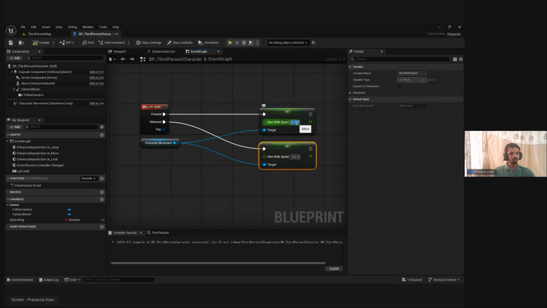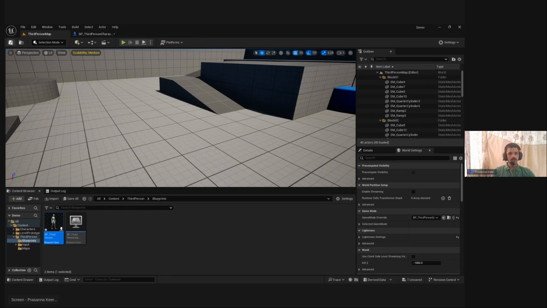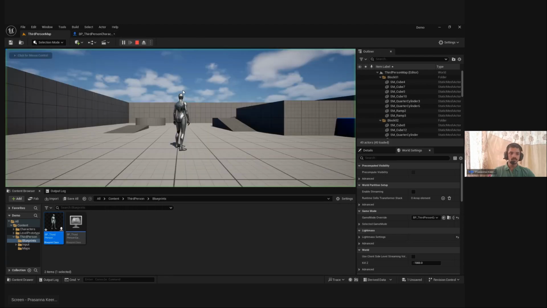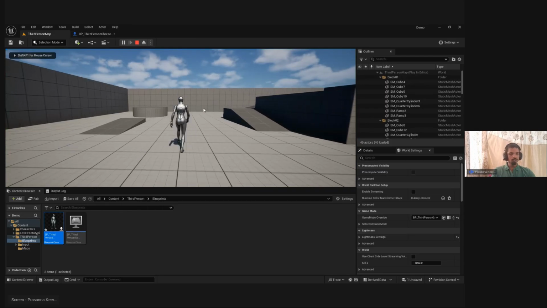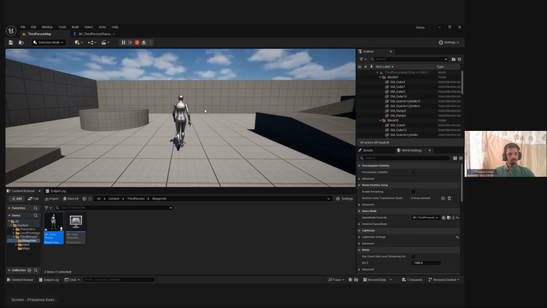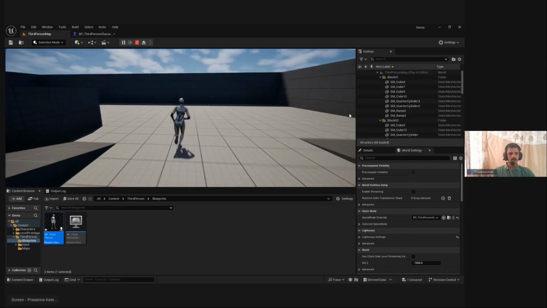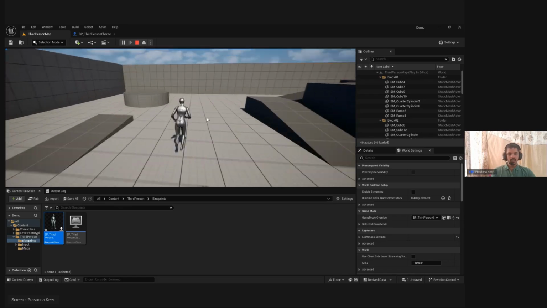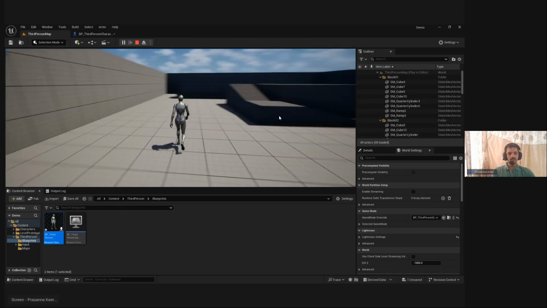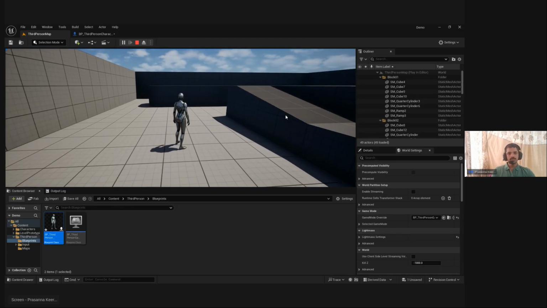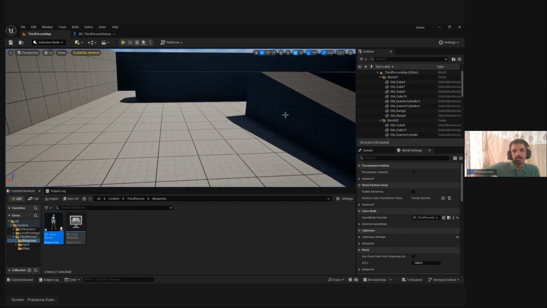But don't forget, if I press the Shift key only, then it should be 500. If I release the key, the character needs to go back to 250. Is this enough to make the character toggle between walking and sprinting? Let's see. If I just walk, yeah, we have already seen those things. But if I press the Shift key, the character is actually sprinting. If I leave the Shift key, the character is actually walking. So that's all. It's very easy.